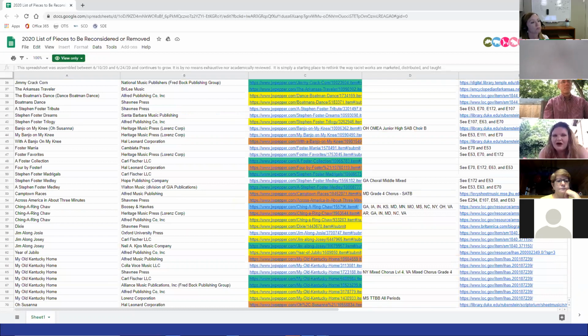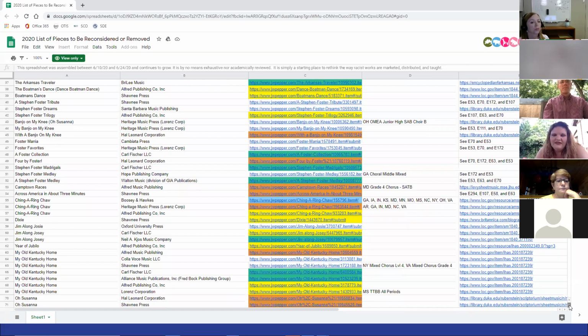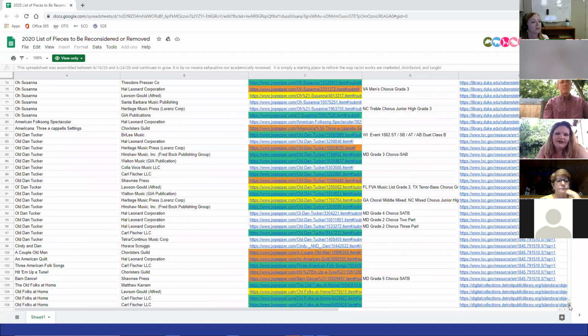So if we go, you can see some of these pieces. A lot of them are minstrel songs. You know, Stephen Foster, medleys, Camptown Races. You see My Old Kentucky Home, these songs. And she shows you where you can find them. There's a website, and if you want to, you can go through and click on these, but it shows you where you can find them, who they're for, and where you can find information about them.